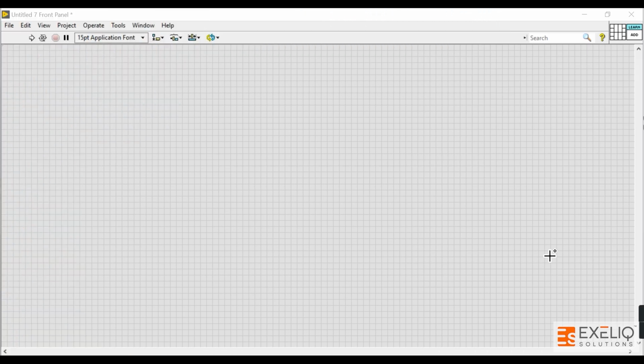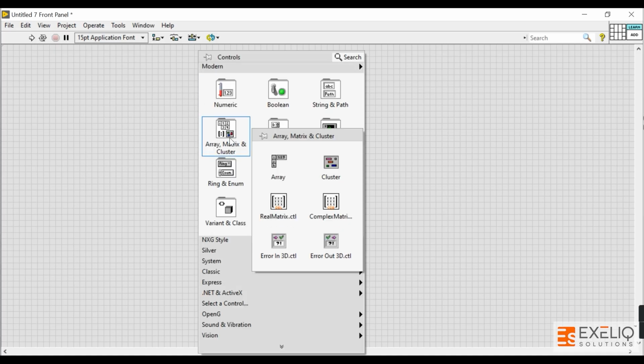Hi, in this video, we are going to learn how to implement array in LabVIEW. To implement array in LabVIEW, go to front panel. Let us learn first how to create an array. In order to create an array, go to controls palette and then in array function, place this array element over